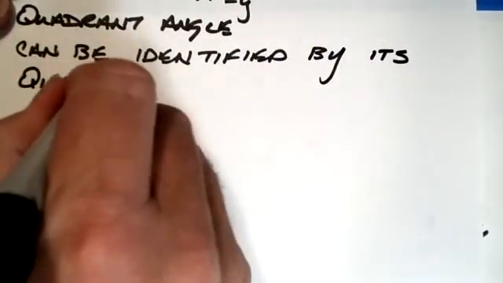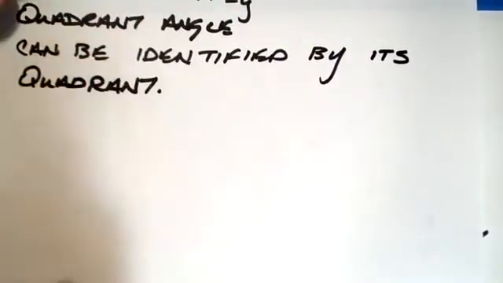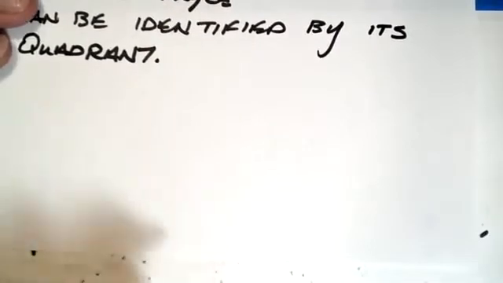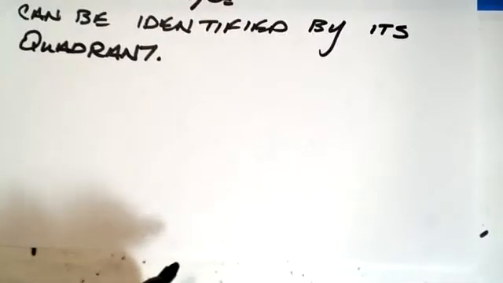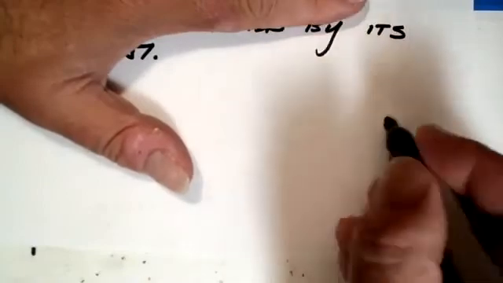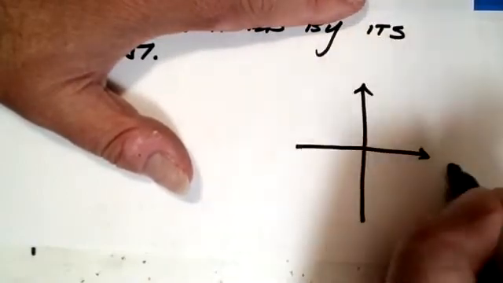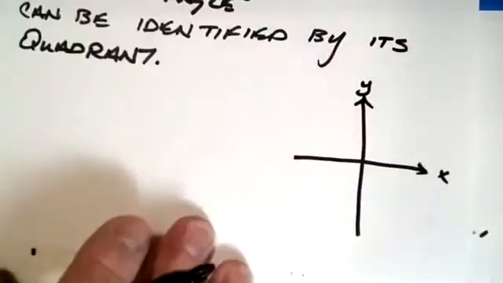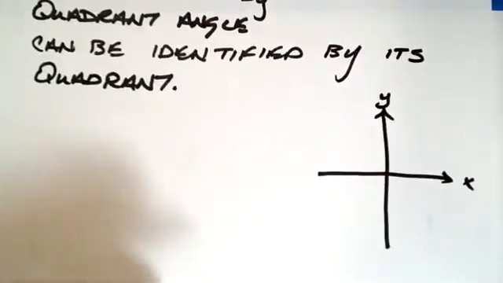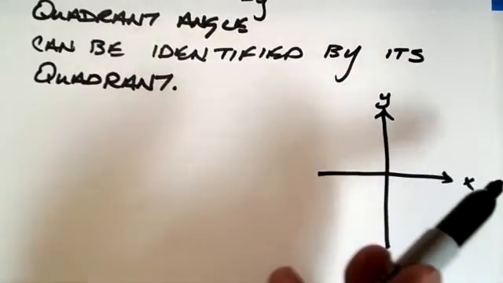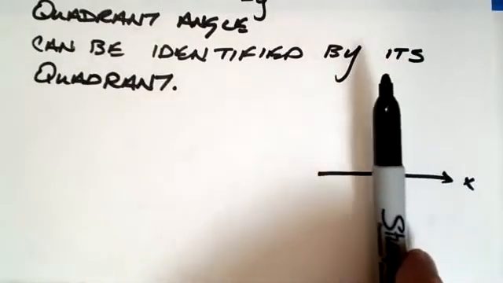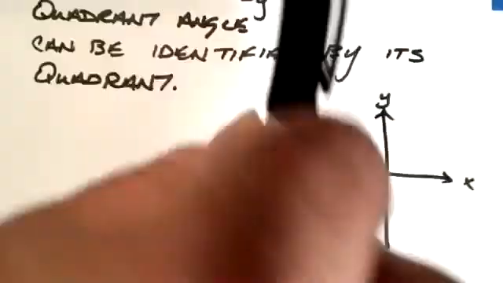But I'm going to remind you that you talk about quadrants in algebra class exhaustively. So I'm going to draw a little XY plane here, X and Y, and the way to identify this is, if you're not a quadrant angle, which are only these 4 directions,